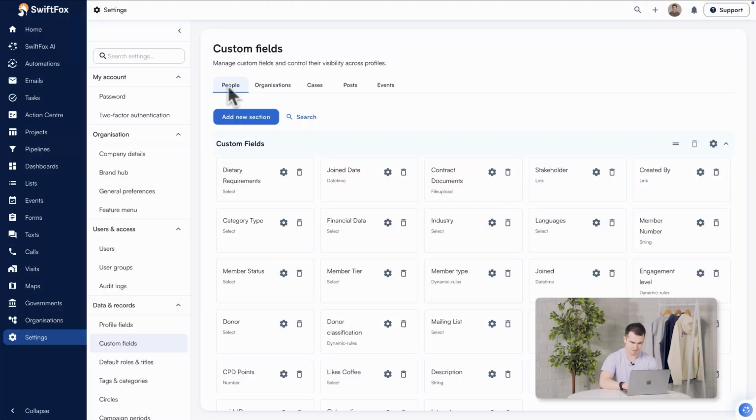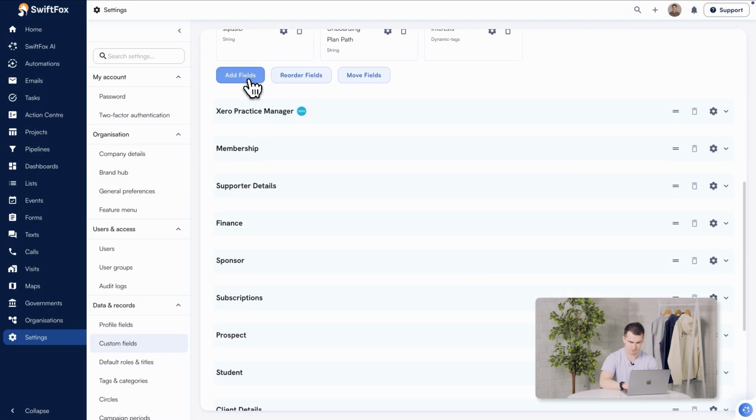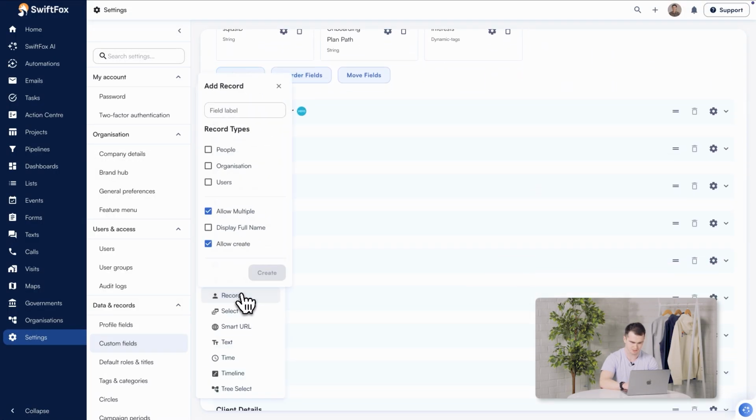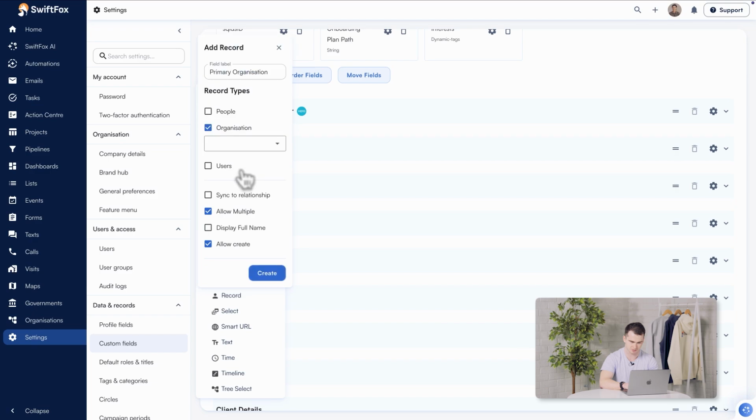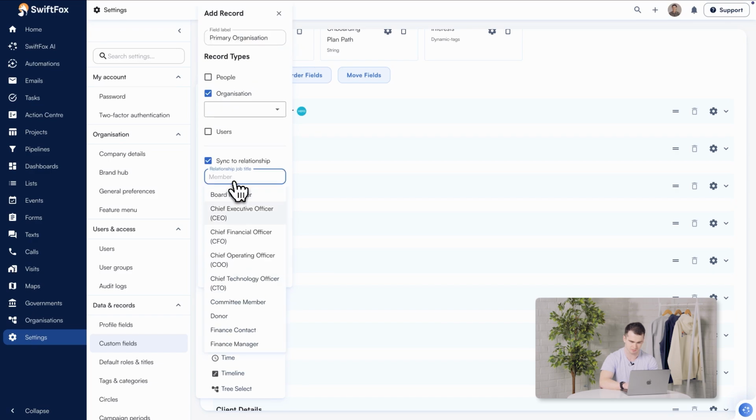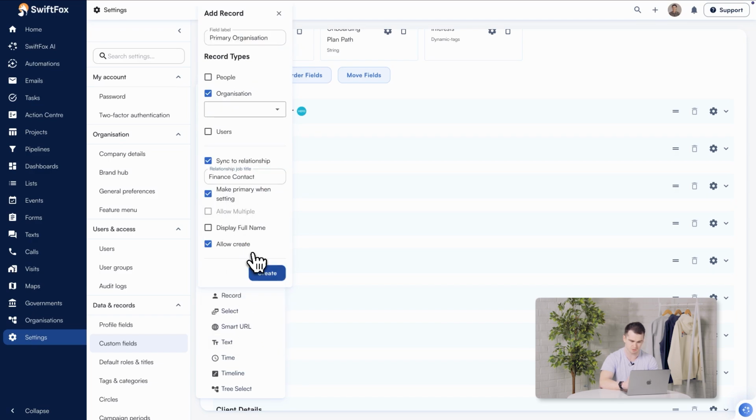If you're starting out, pick the connection your team enters most often. For most organizations, that's the employer or primary organization on a person. Build one record field for it, set the job title, decide whether it should set the primary, and see how it behaves before you extend the pattern to